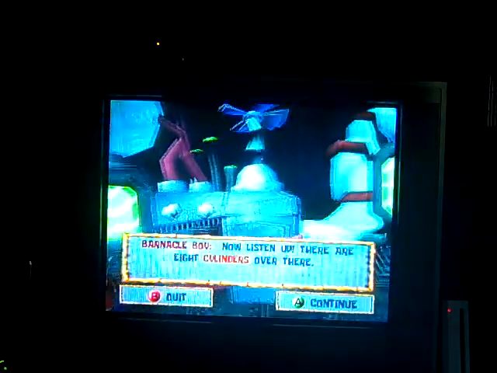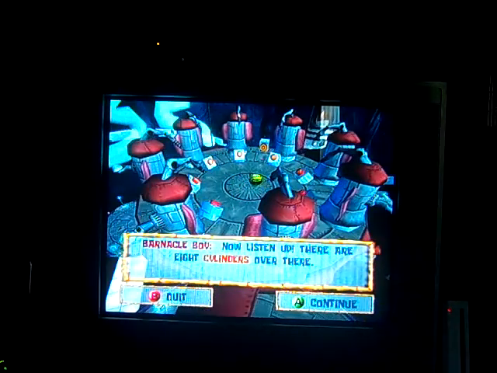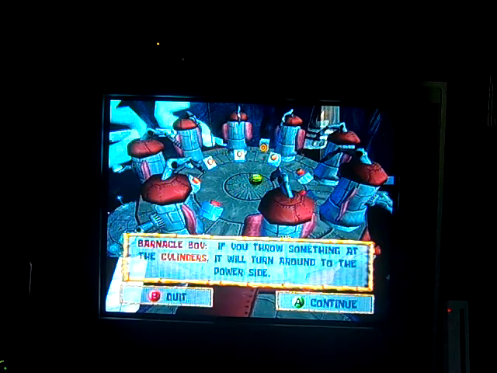Now listen up. There are 8 cylinders over there. And we're also going to try to do this in this video too. And we have 3 minutes and 50 to try. If you throw something at the cylinders, it'll turn around to the power side. Now, Barnacle Boy is thinking we could use the throw fruit to